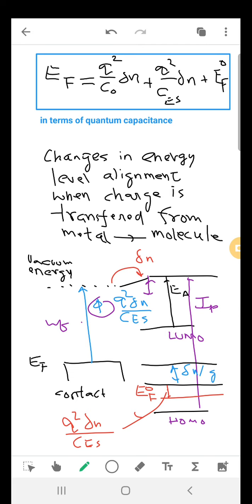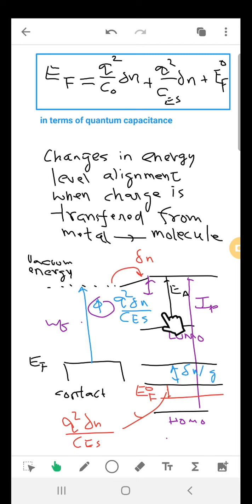When we establish a contact, there are HOMO and LUMO levels. The difference between the LUMO and the vacuum energy is the electron affinity, and from the HOMO it is the ionization potential. With charge transfer there is a slight change in the vacuum energy,